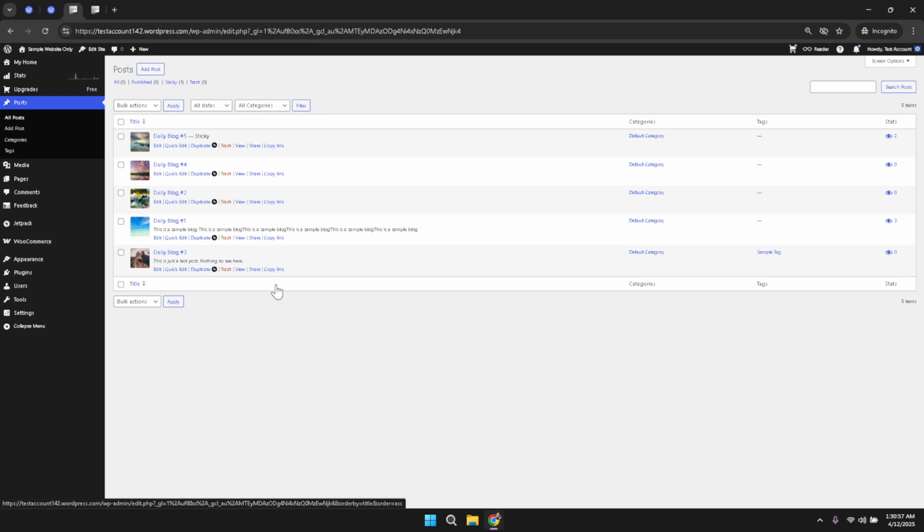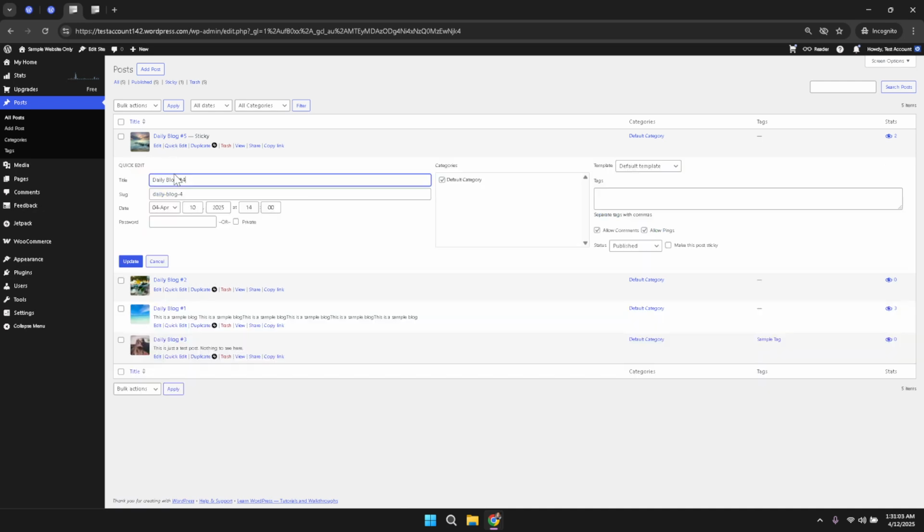From the list of posts available on your dashboard, locate the option that allows a quick adjustment. Although it may appear as just another command, selecting the quick edit option provides an efficient and accessible way to modify essential settings of your post without having to navigate away to a separate editing page. Upon clicking the quick edit option, you will be given the ability to make several adjustments that include changing the